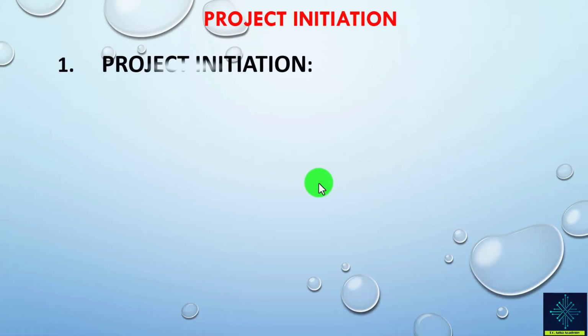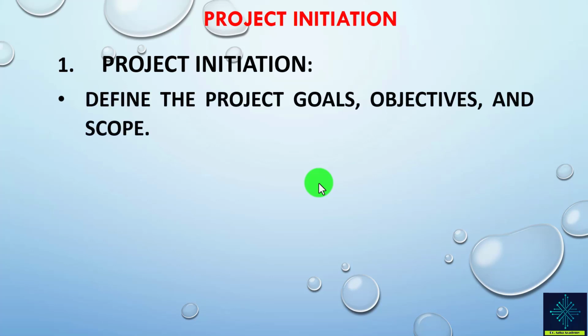The first iteration would be the project initiation. Here we have to define the project goals, objectives, and scope. Certainly, we get this scope from stakeholders. We have discussed in previous tutorials, which you'll find in the description box, how to identify stakeholders and how to identify and manage the expectations and requirements of stakeholders.